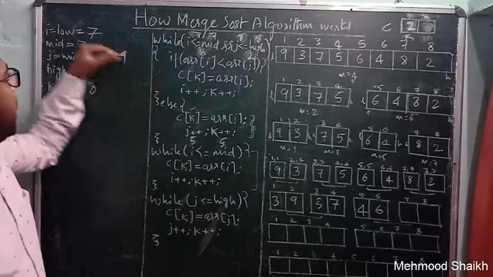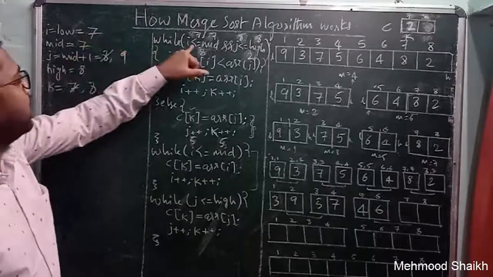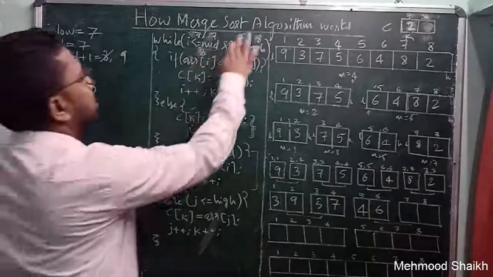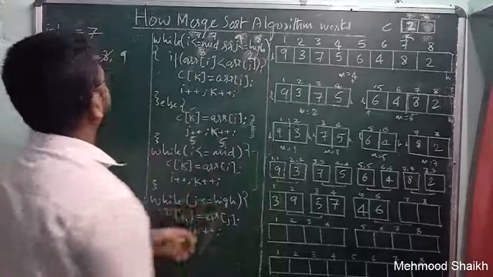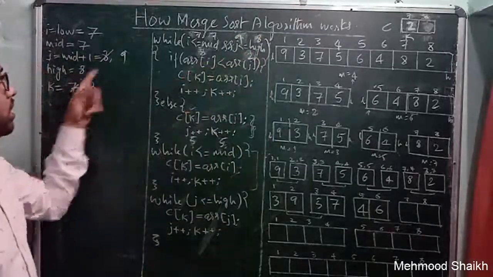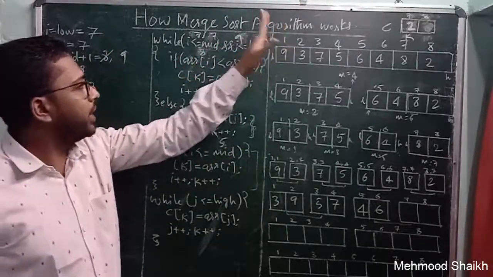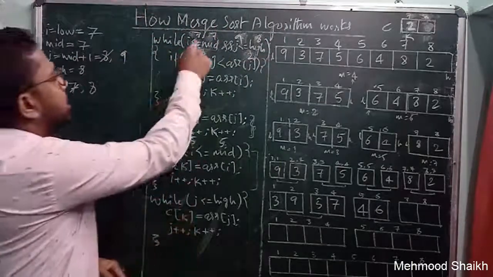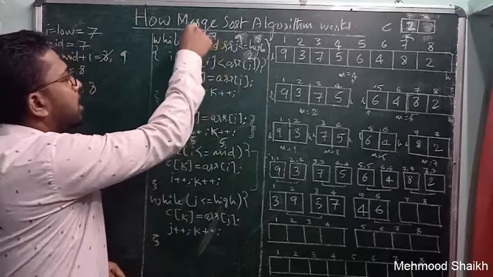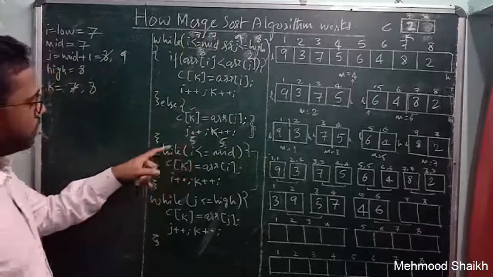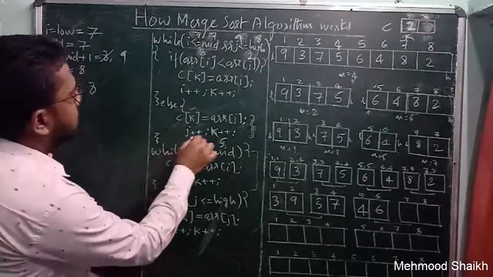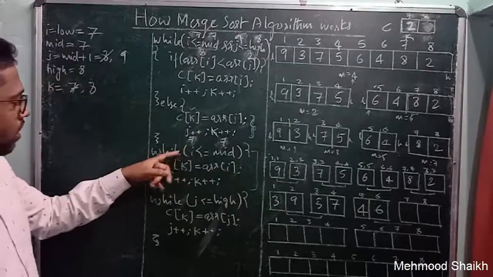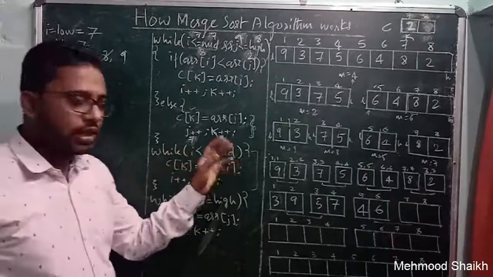So now again we have to do the same thing. So I is 7. 7 is less than or equals to 7. Yes, condition is true. Now here J is 9. 9 is not less than or equals to 8. Here this condition gets failed. Now we will come out from this while loop because only this condition is satisfied. So we have to come only to this condition where while 7 is less than or equals to 7, yes, condition is true.